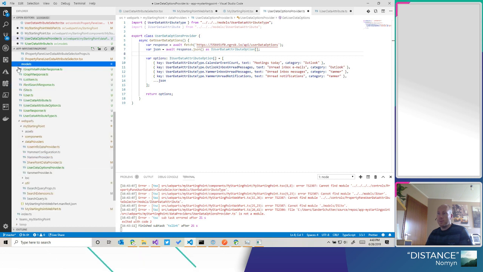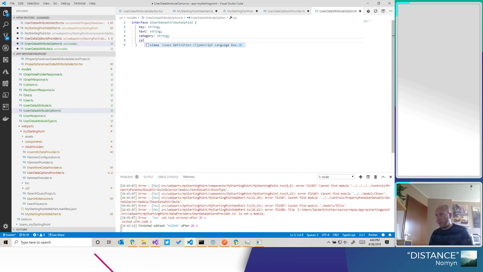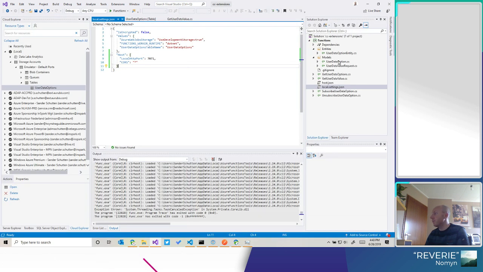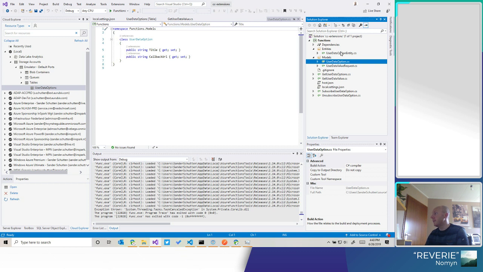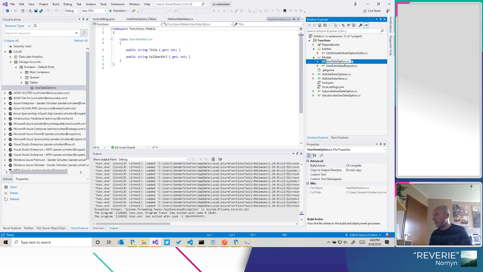Let's go to the models. User data attribute option, query and option, callback URL string. Now, what better to do than have my function return the exact same formats. And let's not call it user data option, user data attributes option. Keep it in line with